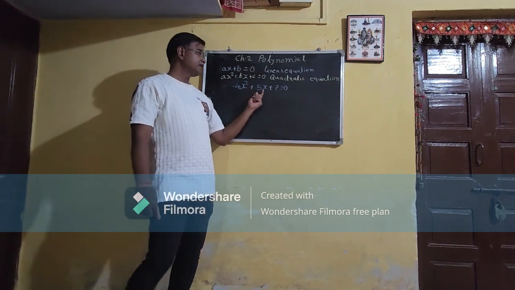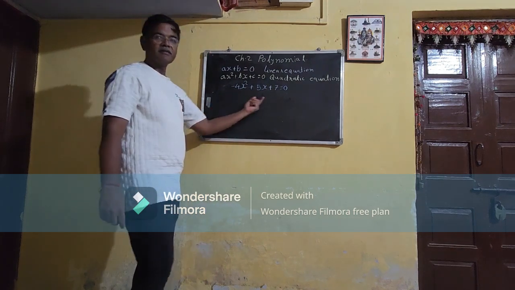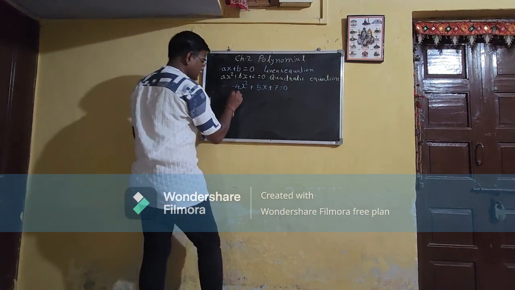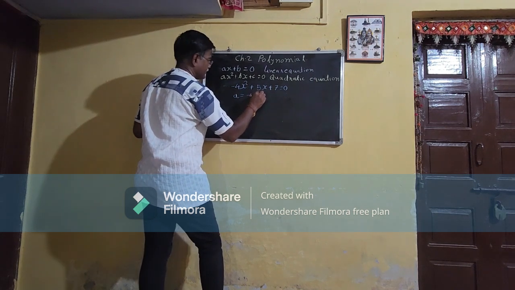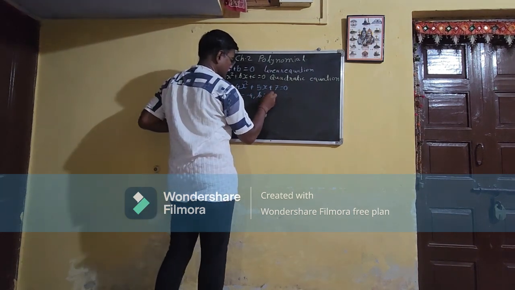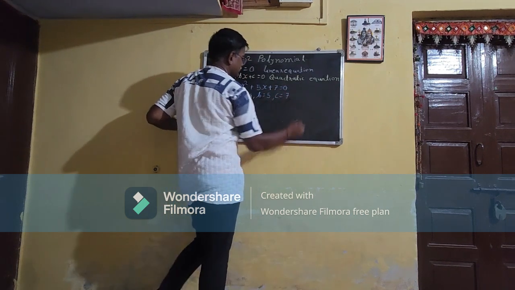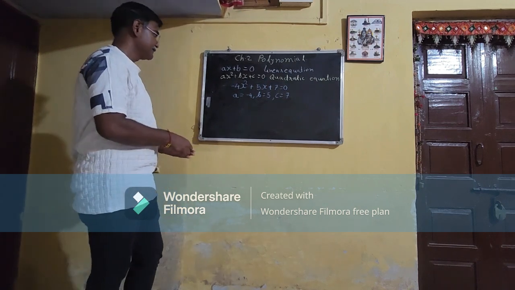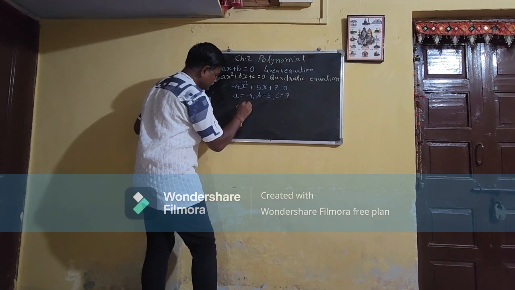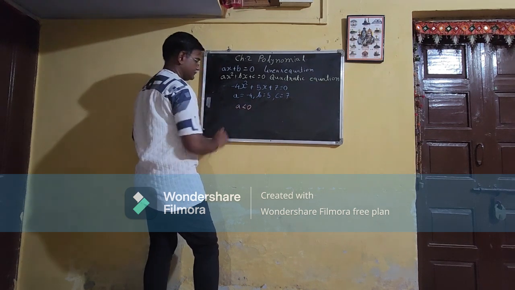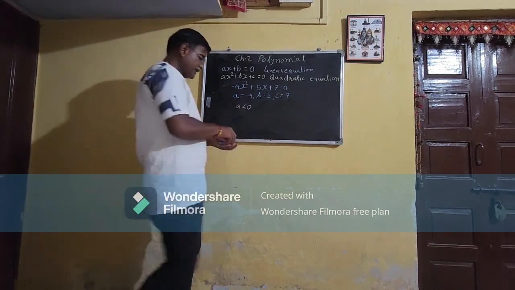Minus 4x square plus 5x plus 7 is equal to 0. It's another quadratic equation where the value of a is equal to minus 4, b is equal to 5, c is equal to 7. Here a is less than 0. So our graph will be